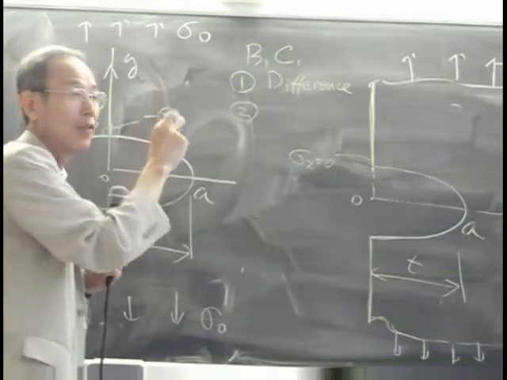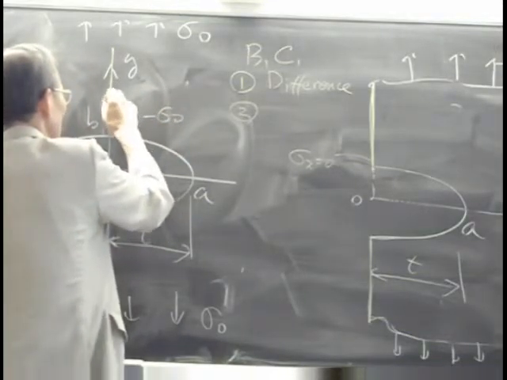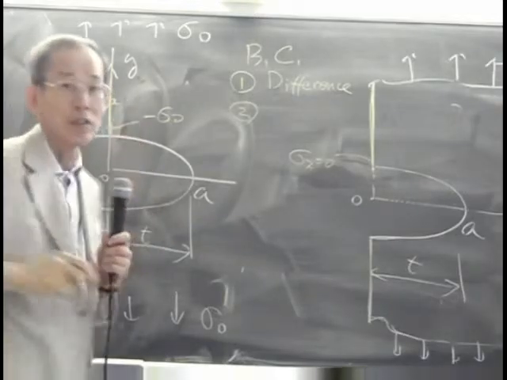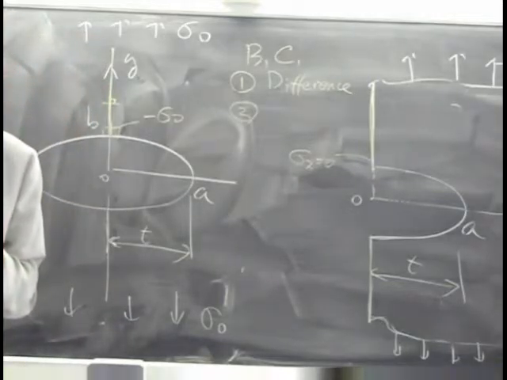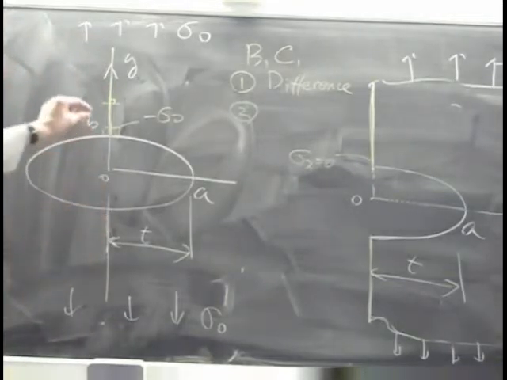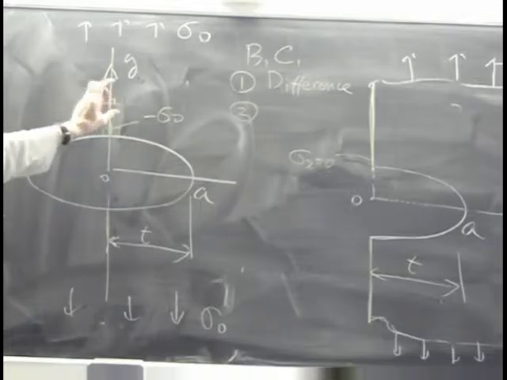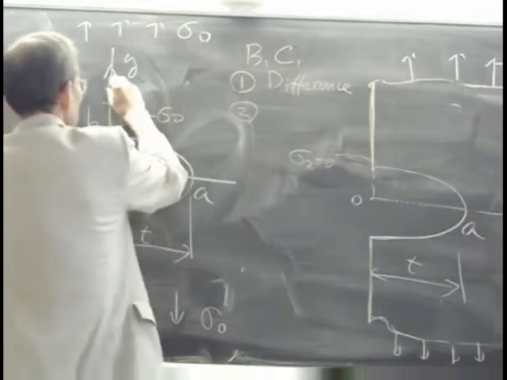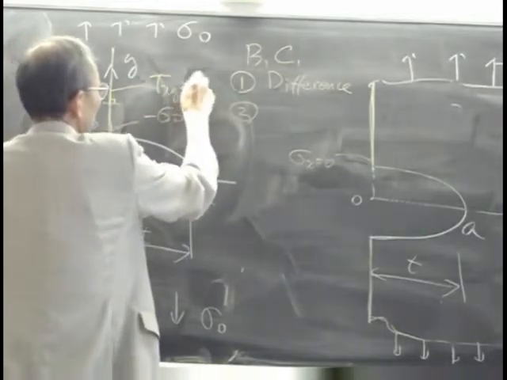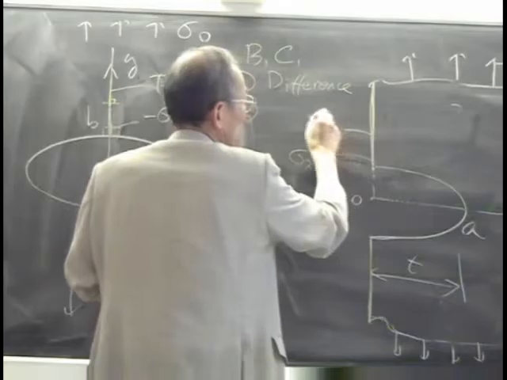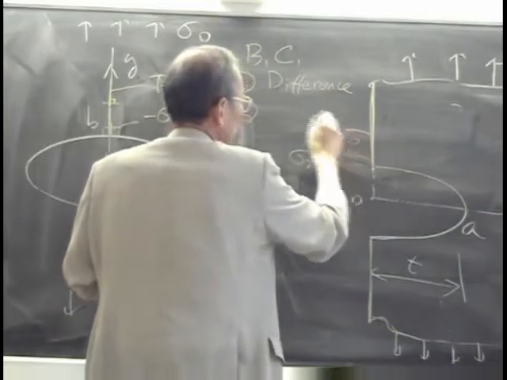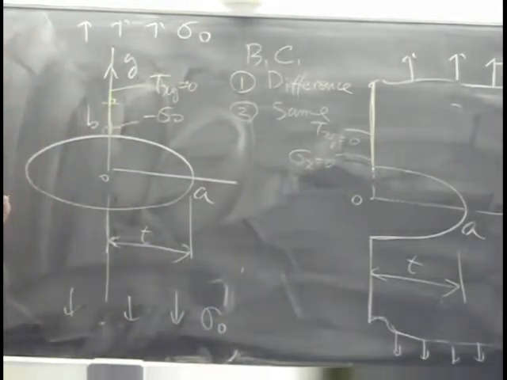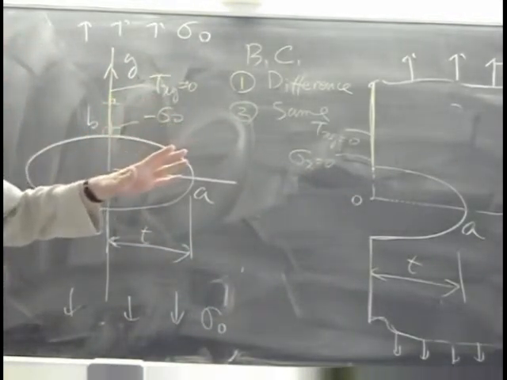Yesterday or the day before yesterday, we did an exercise to show why tau is 0. We put a small cross here, and this 90-degree angle does not change. So this is tau xy equals 0. Okay? This is the free surface, and tau xy equals 0. This is a very important condition in these two problems,